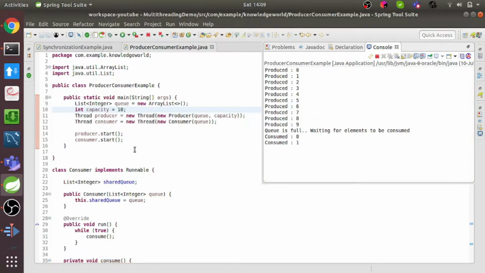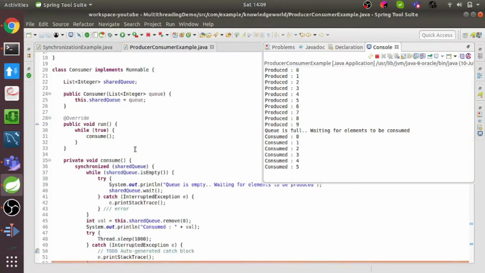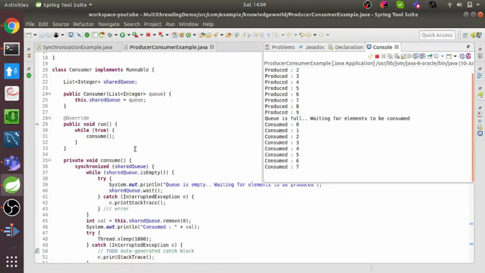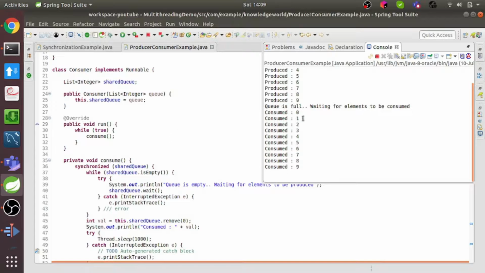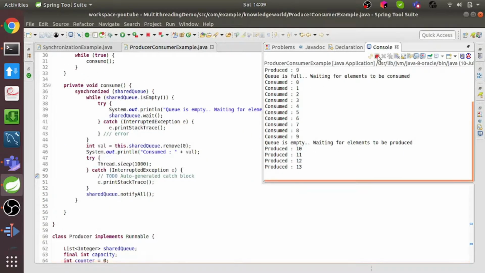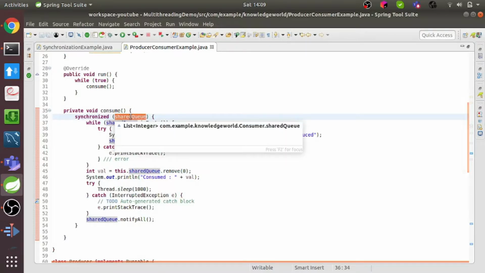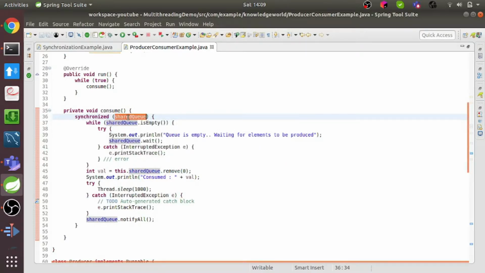So you cannot predict. Both threads are running in parallel. They have not done join or anything. One thread is producing and one thread is consuming. Okay. Now this will keep on running because we have run an infinite loop. Now one more thing: we are checking empty and adding and removing on the shared queue, but it's not necessary that we synchronize over this object only.